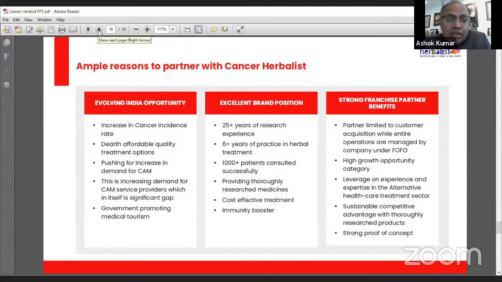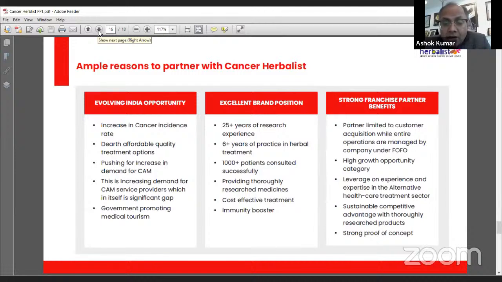Now, what are the reasons to partner with Cancer Herbalist? If you look at the market in India, cases of heart failure, kidney failure, and cancer are rising every day. Especially after COVID, heart failure, other organ failure, and autoimmune cases have increased drastically. So it is the need